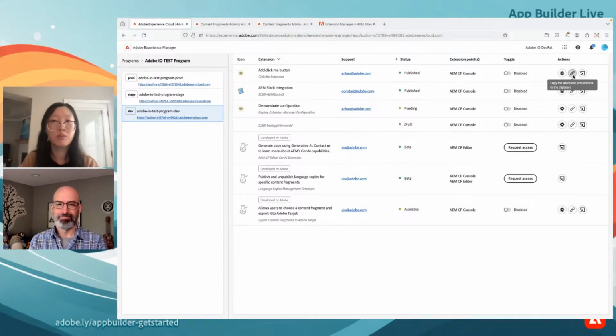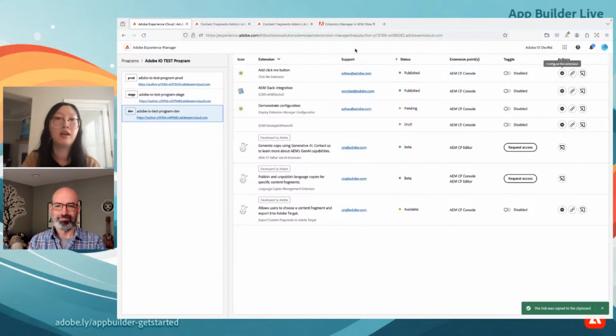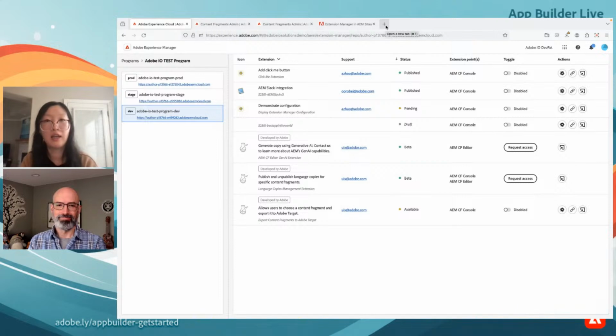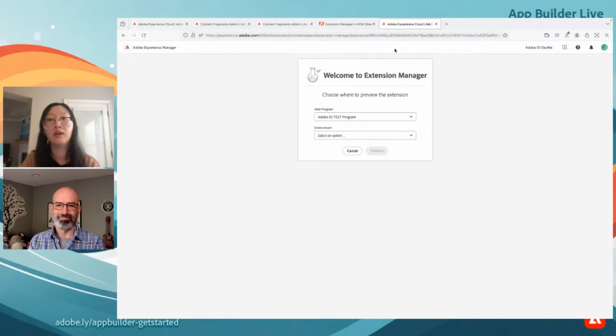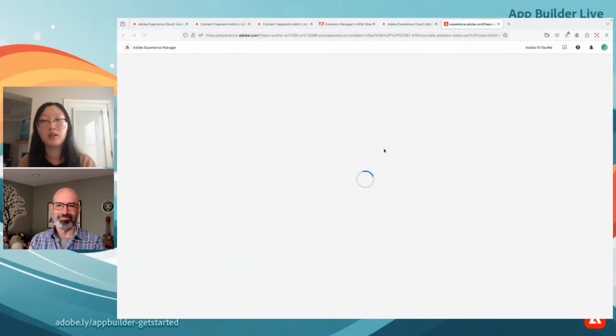The other cool thing is that Extension Manager also provides a shareable preview link. So you can just click this link button to copy it and just share it on Slack or anywhere. And then when you open it, it'll take you to this preview page where you can select the program environment that you want to see this extension in. And then when you go to preview it,